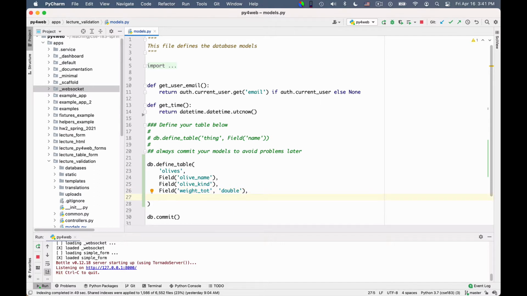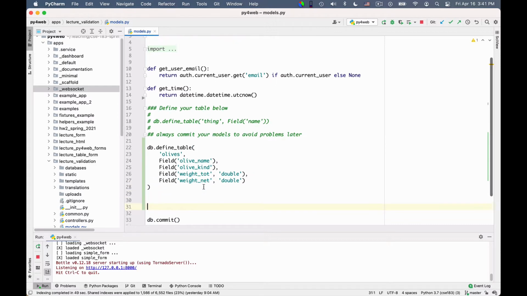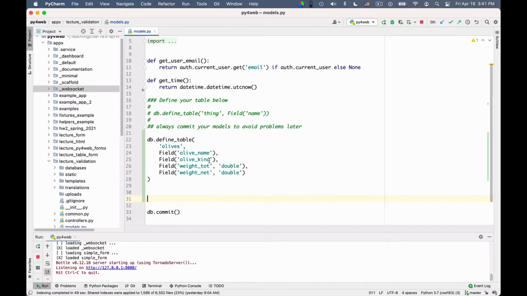And then I want a field weight net, which is also a double for the net weight of the olives. And here I want to specify some properties of these fields. I could also do it here by saying, for example, requires is equal to, but this time I want to keep these definitions short and I want to do it below just for clarity.